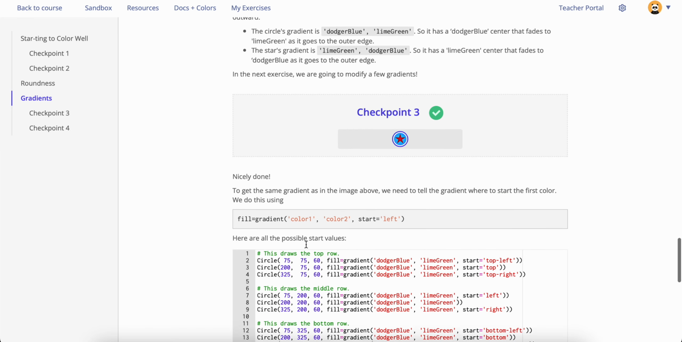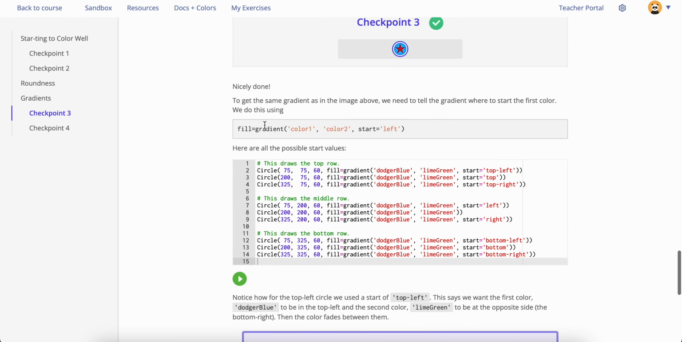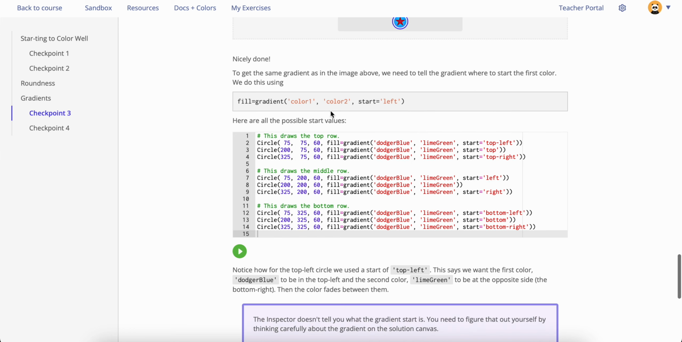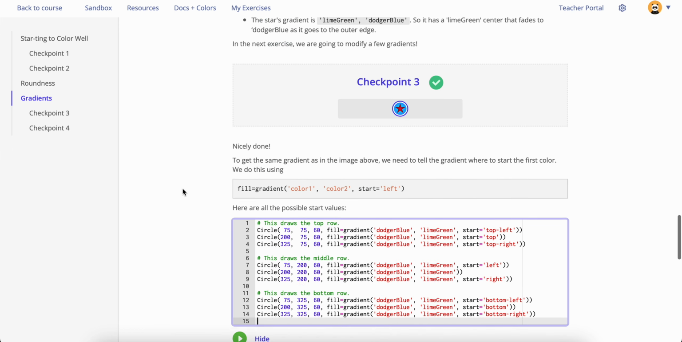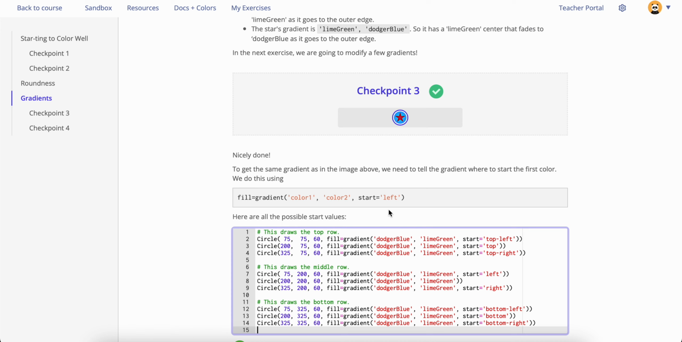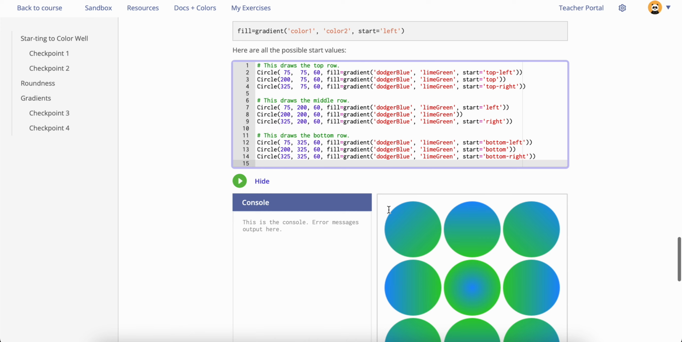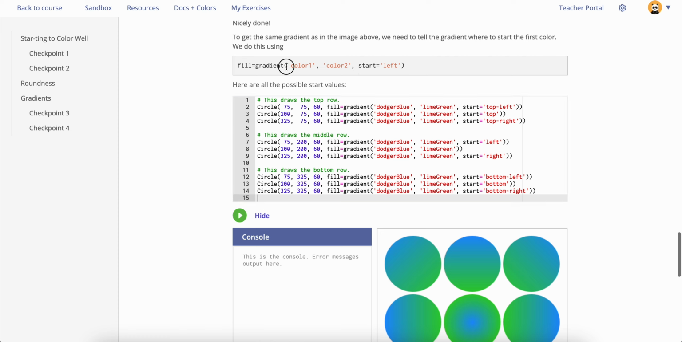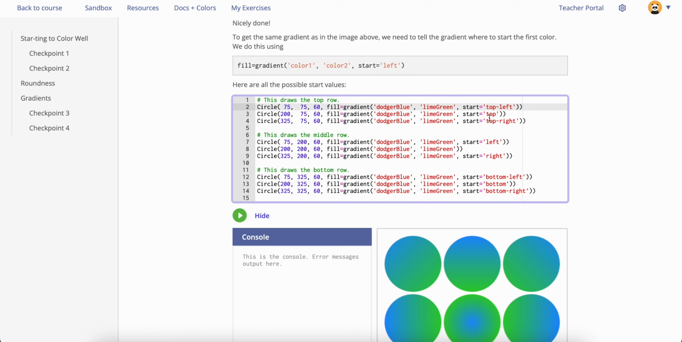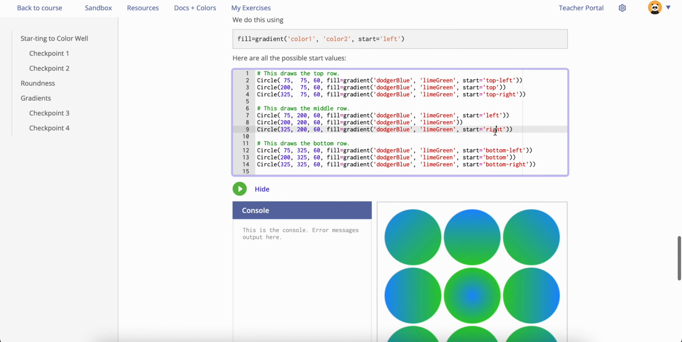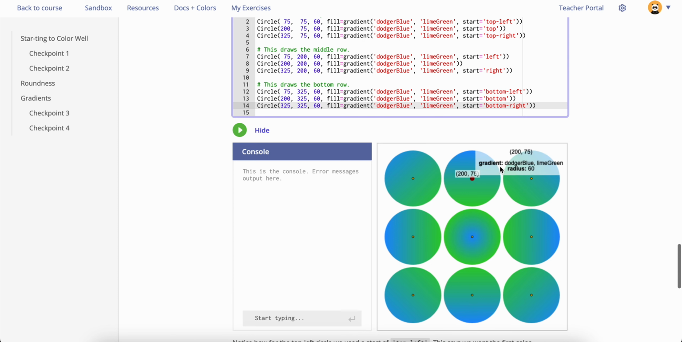So we're almost done with it here. All right, we did this checkpoint. So to get the same gradient, this is how you change where the gradient begins and ends, right? Obviously, the default is it starts from the middle and expands outwards, but if you want to change it, here are a couple of keywords that you can use inside of the parentheses for the gradient that will actually alter it. So here it says start equals left, right? That's one of the ways you can do it. So there's top left, top right, left, right, bottom left, bottom, and bottom right. So basically all of the different